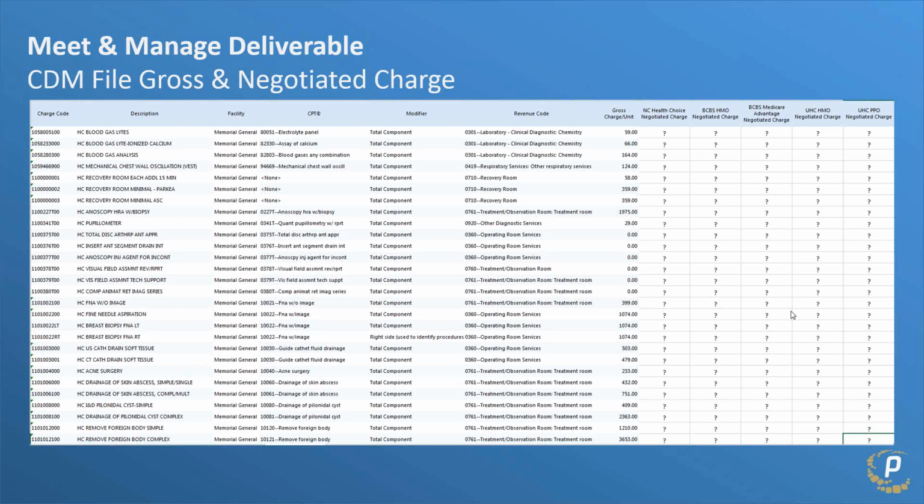Now, in this particular example, it highlights how your current posted CDM file should be expanded to include the noted data elements plus the negotiated charge for all payers and plans. So what we envision, based upon CMS's description, is you're going to have a CDM file that will have literally thousands of CDM charge codes, and you'll probably have somewhere between 20 and 100 plus payer plan code combinations that map out to the appropriate charge, where you're going to be listing both the gross charge and that negotiated charge.